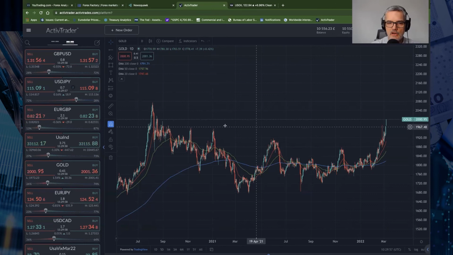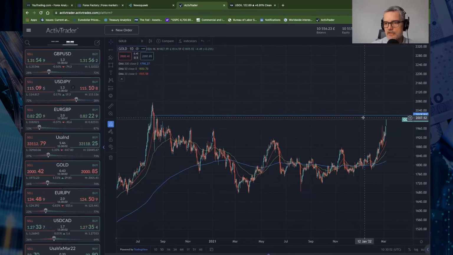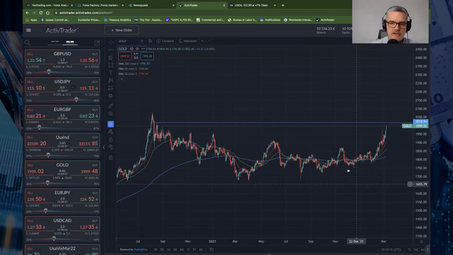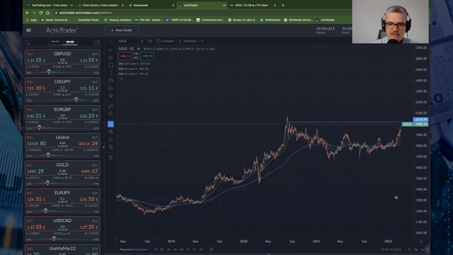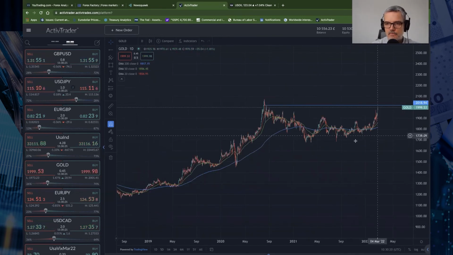74% of traders are trying to go long. We are coming up to a resistance level around $2018 per ounce. So if we get there and I see people taking profits, then I'll be looking for a bigger move back down. However, obviously, in the past, gold has been good against inflation, and we just need to see what happens when we get towards these upper levels now that we've taken out some swing highs.